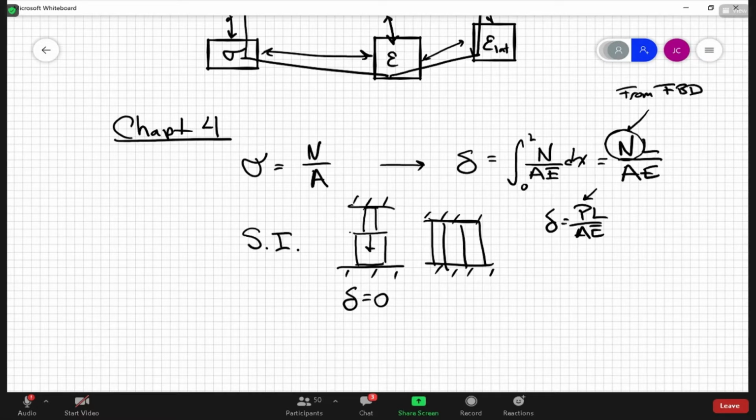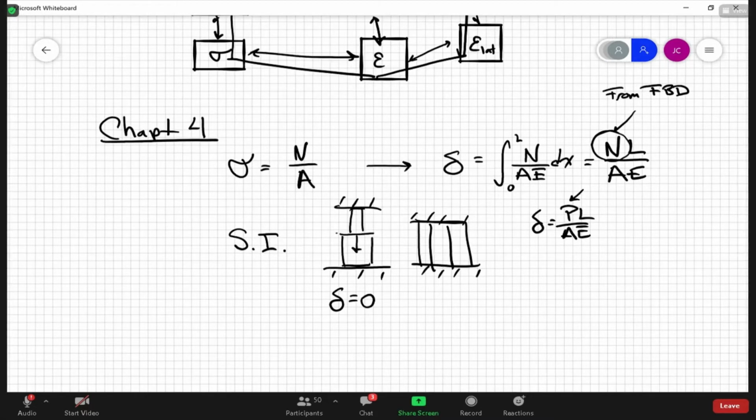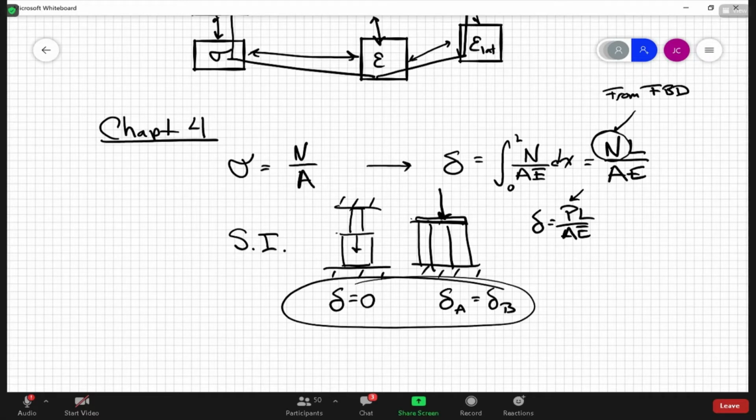Or in this case, I'm sorry, I shouldn't draw it this way. I should draw this one as follows. Or for this one, that the elongation of the two sections are the same, okay? There were also some other ones where there were gaps and stuff, but they were kind of variants of this, all right? So you have to know how to take these compatibility equations